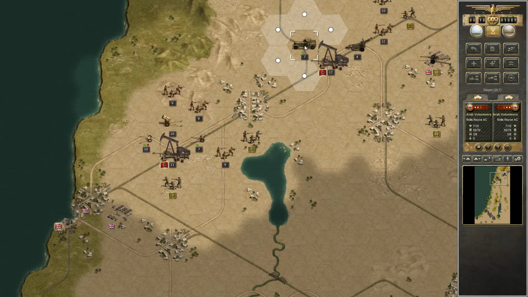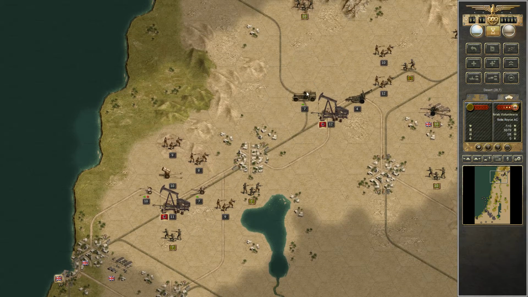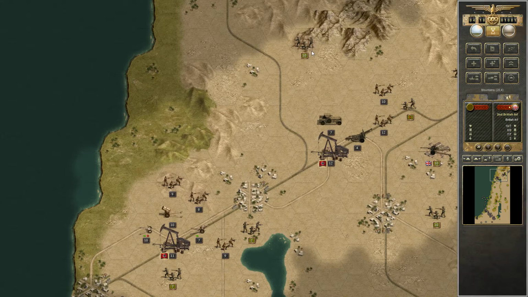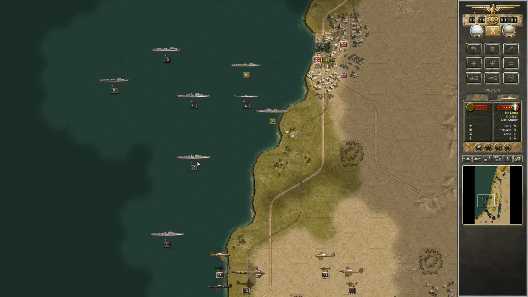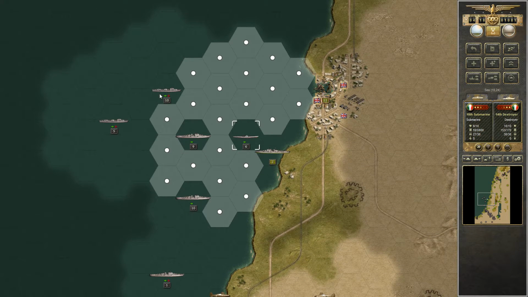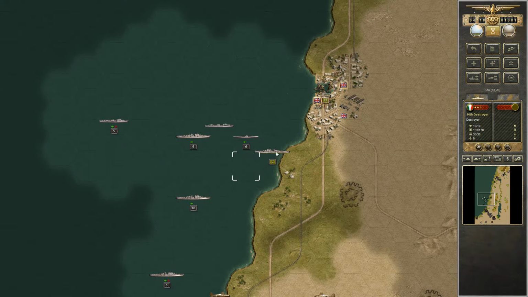This time we can't trap them, but at least they can't see us. This is a tricky situation. So, ships. Let's see. Let's get rid of their eyes. Ideally get rid of